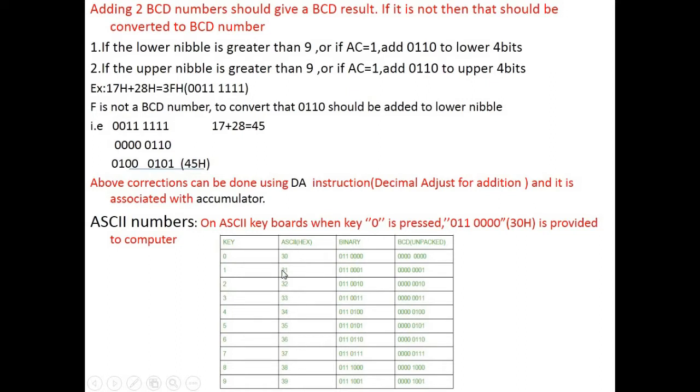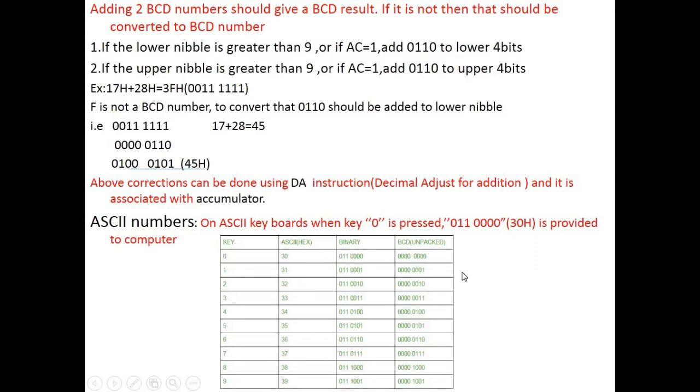Usually, whenever we press a key on the keyboard, the computer understands it as 30H. When key 0 is pressed, 30H is provided to the computer, so the decimal value is automatically converted to an ASCII value.